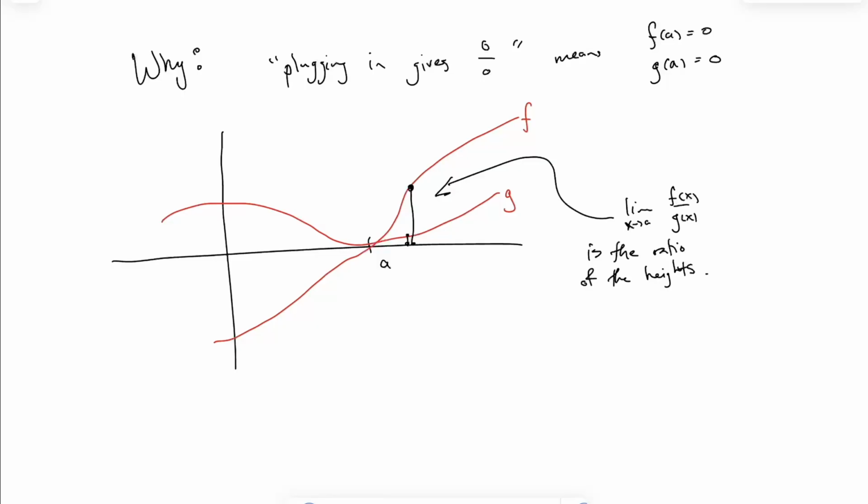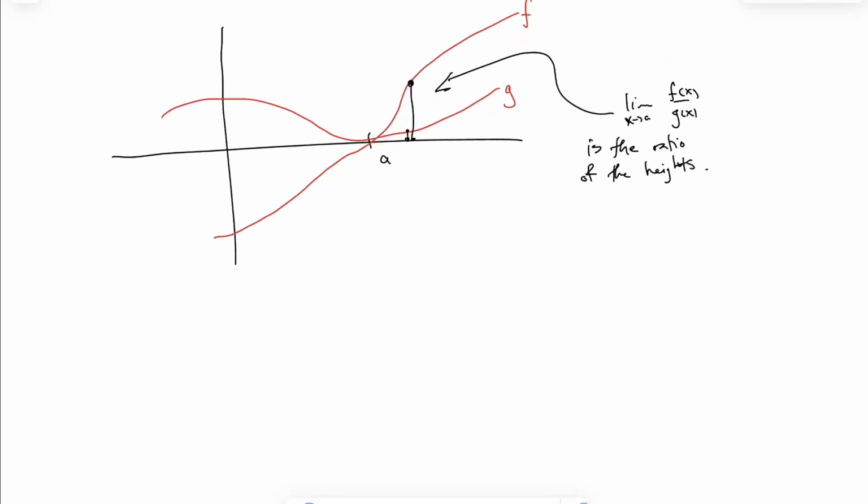And what does this have to do with the derivatives? Well, the derivative, remember, represents the slope of f and g. And if you recall, the derivative is the slope of the tangent line of the f's and the g's, right? So check it out. If we zoom in near a, this is the basic fact about differentiable functions. This is the whole idea behind the derivative. If you were to zoom in really close to a,